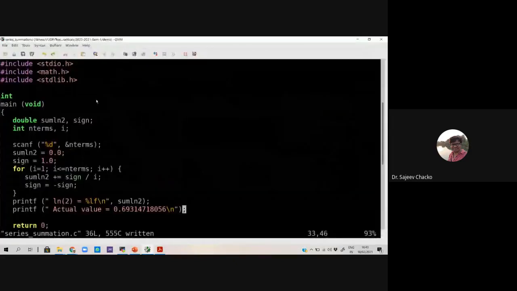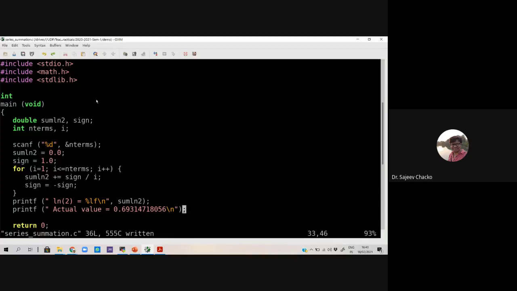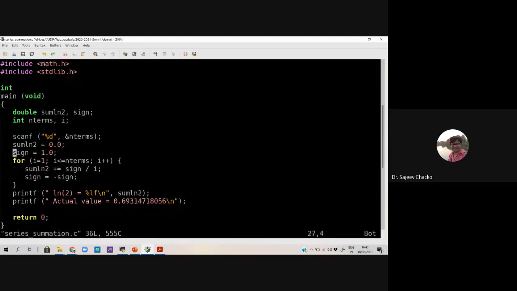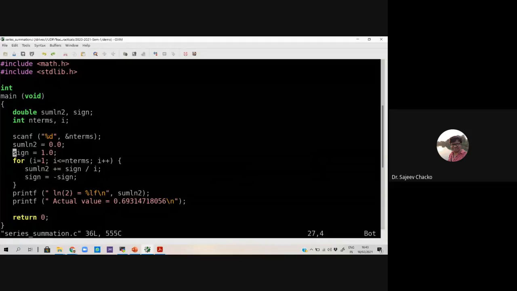So if you go from top to bottom, you are like this. But let's say in the same way you can go from n terms down to 1 and then start the exercise. I can do the same thing here also, I guess, with i greater than or equal to 1.